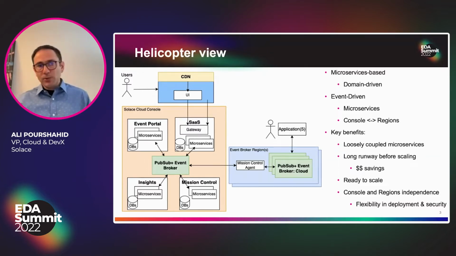Also, because we have these brokers sitting in the middle, it has created this runway for us from a scalability point of view, because it acts as a shock absorber in the middle of our microservices. So we have a bigger runway when it comes to certain events, and that translates directly to savings when it comes to infrastructure cost. Also, our architecture from a scalable point of view, it's always ready to be scaled and taken to the next level. So with that kind of a high-level introduction to our architecture, now we're going to hand it to Julian to talk about EDA microservices and some of the problems we've solved over the years.